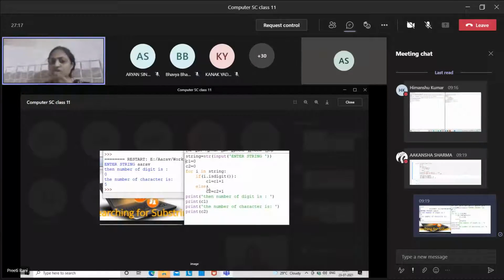देखो इसने बच्चे ने else दे दिया. Instead of else, you can change the indentation part also. Indent आप दोबारा नीचे करोगे ना, अलग से हटकर करोगे, then it will go to the otherwise condition. Otherwise, instead of this, you can give the else condition also. If this is digit, then count 1 में plus करता जाएगा. Otherwise, if it is not digit, then it will go to the next option, C2 में. But see what will happen if there are some special symbols. Dollar symbol आ गया और ampersand आ गया, तो what will happen?